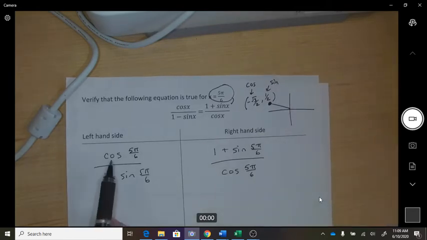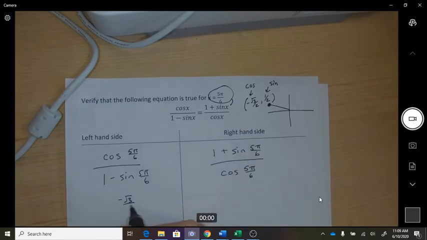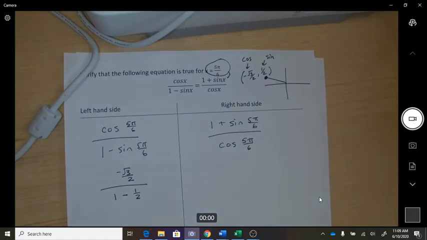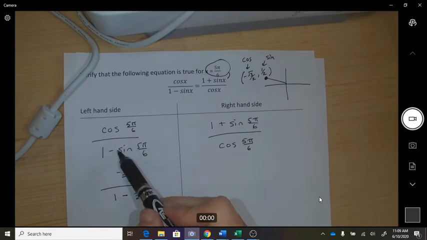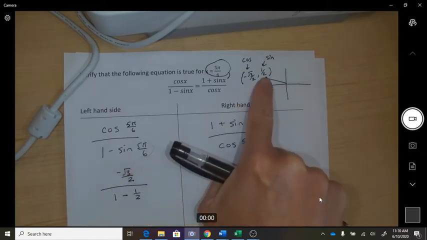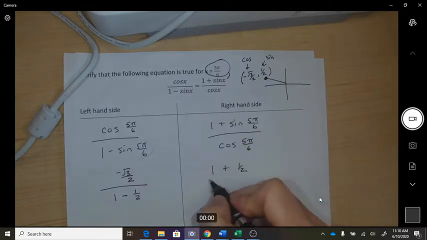Okay, so cos is negative root 3 over 2, and then 1 minus the sine. So I'm just replacing that with its sine, with its trig value. 1 plus 1/2, and then,